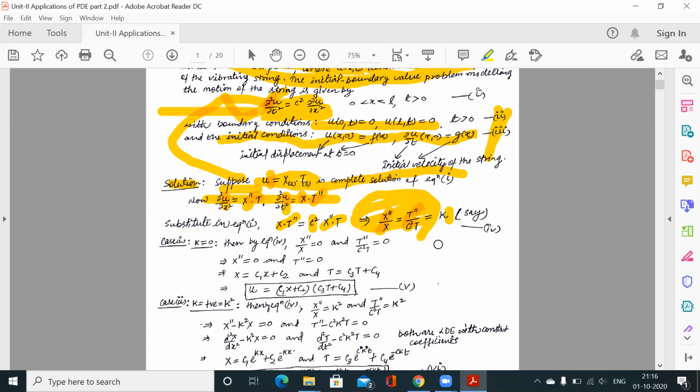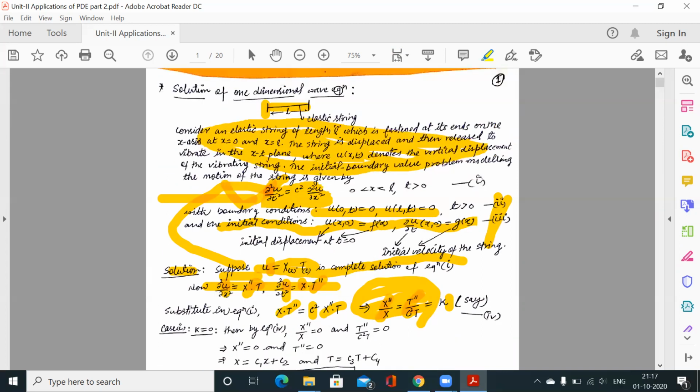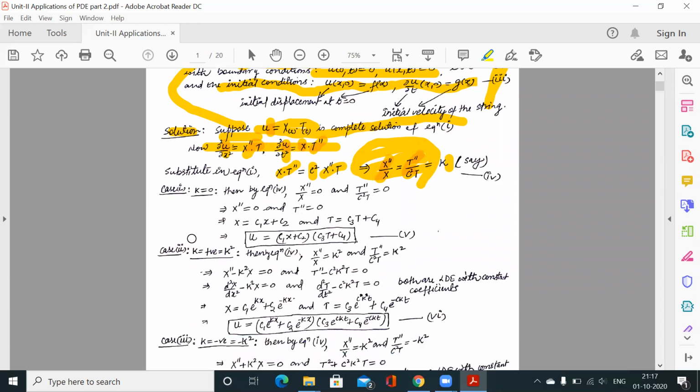For a normal question, we are going to solve that with k only, whether k is zero, negative, positive. We will not bother about that, but we will solve for k only. But for standard partial differential equations like wave equation, heat equation, Laplace equation, we will check each and every case. So there are three possibilities: either this constant is zero or negative or positive. So we will elaborate each case.